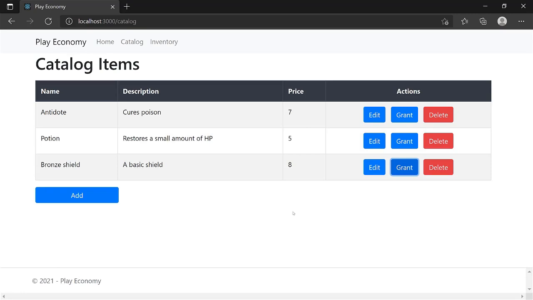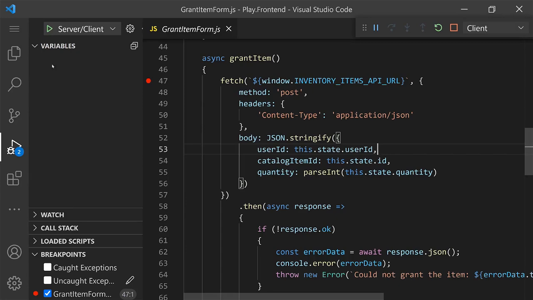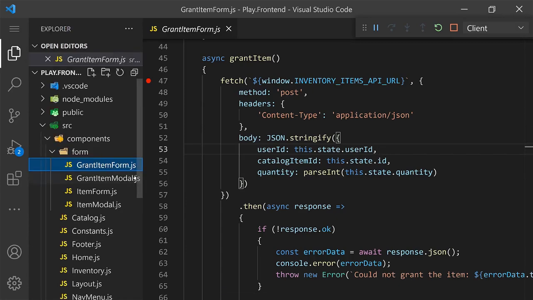Now, there's no visual representation of that completion in this page, but that's why we have this other page for inventory. So let's go to the inventory section over here. And here is where you can paste that user ID and you can get inventory for the user. Now, all the logic here is happening, if you go back to the front end,